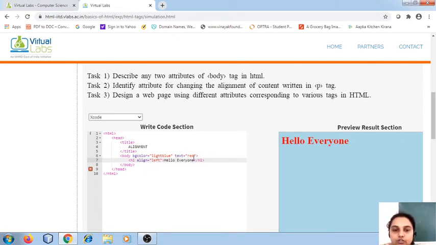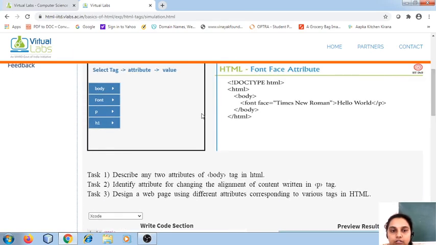Now let's try to change the font or maybe the handwriting. So I say font. You can observe over here, font face you need to give, whichever you want to select, Arial Black or maybe monospace.